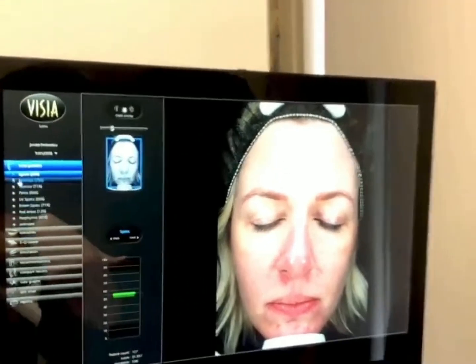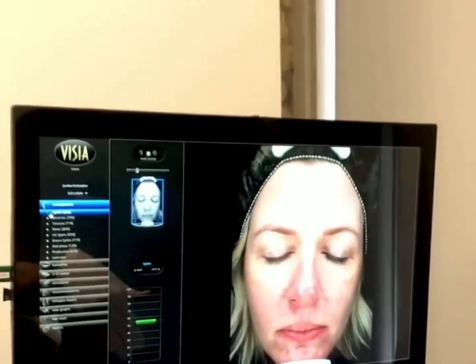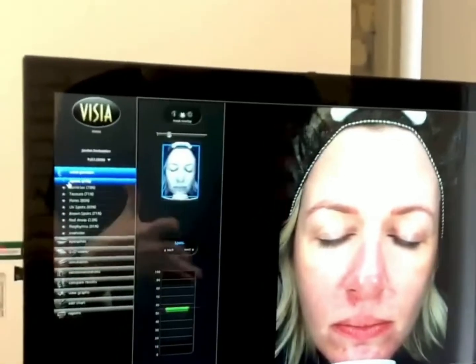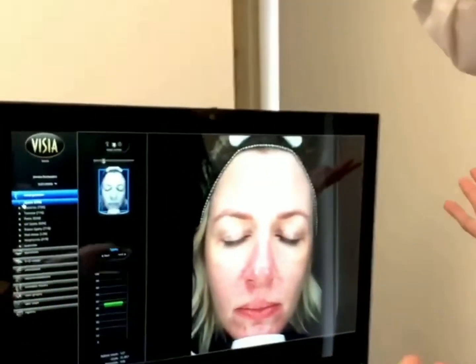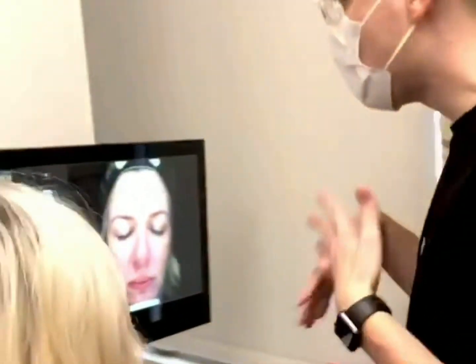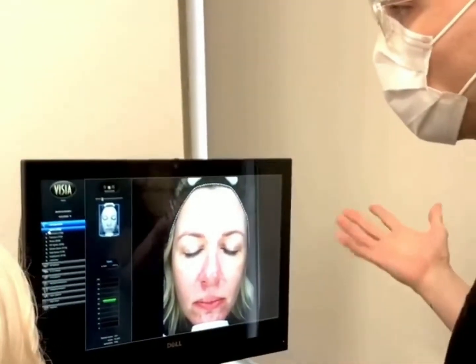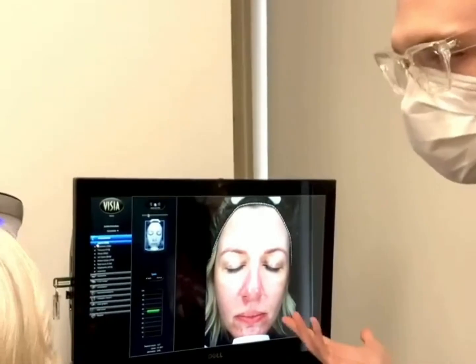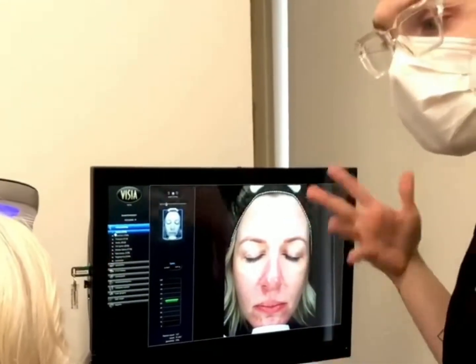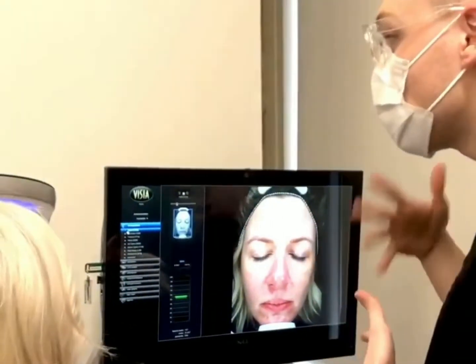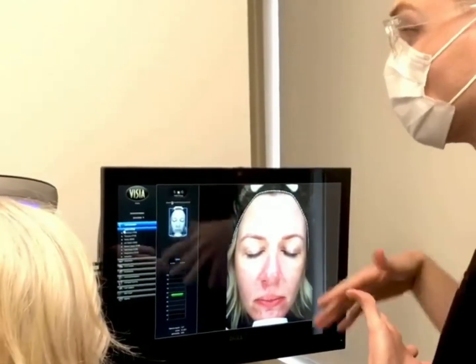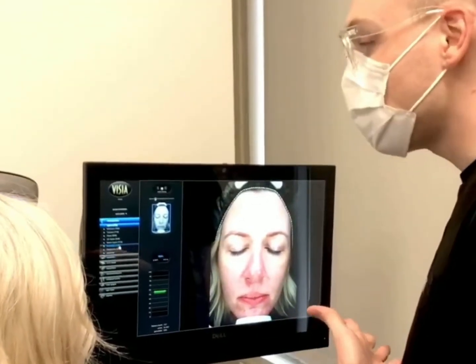So let's start with spots. Let's use this as an example. So 55% spots. Does that mean that 55% of your face is spots? Absolutely not. Out of 100 women your age, you're measuring better than 55 of those 100 women in surface pigmentation. So the higher the number, the better. Yeah, we want the number to be high, but if we have something low, like red areas, that usually